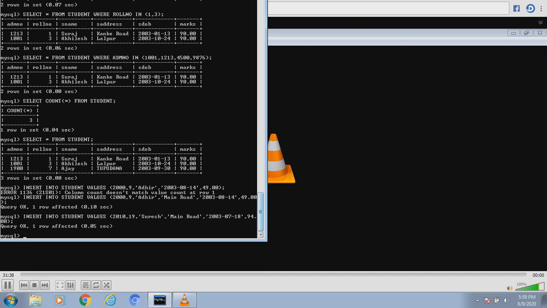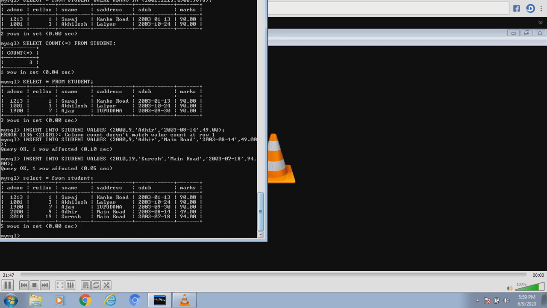Now to see the records, we will write select star from student, and see, we have 5 records now. We would now use some functions. One function we used, count. If somebody asks you what is the work of count, you will say count counts the number of records. I can even write select count say roll number, no problem. Even if I write roll number, if I write roll number, it is also going to give us 5, because 5 records are there, therefore 5 roll numbers. Select count roll number from student, 5.